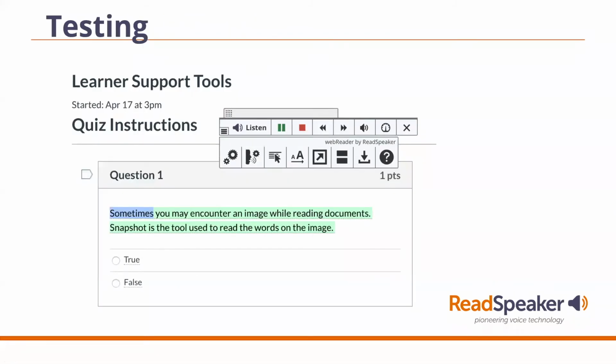Testing. One of the big things about testing is that if a human is administering the test, whether we like it or not, our voice and our face tend to give away answers. If we're reading a question, sometimes what happens is your face lights up, or you have one of those expressions that is, huh?